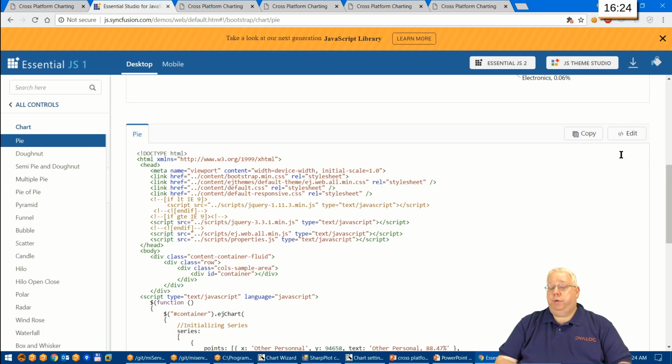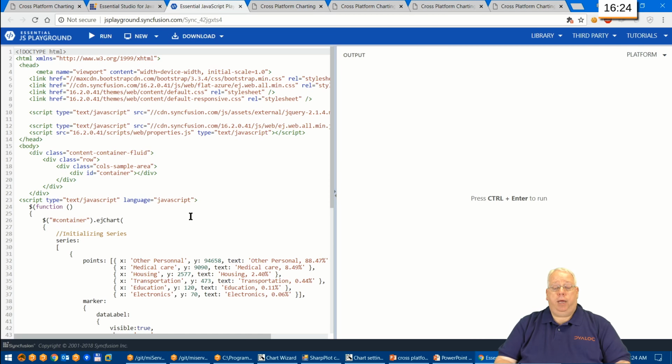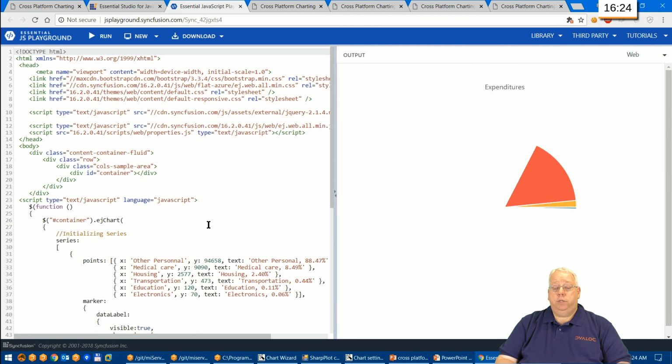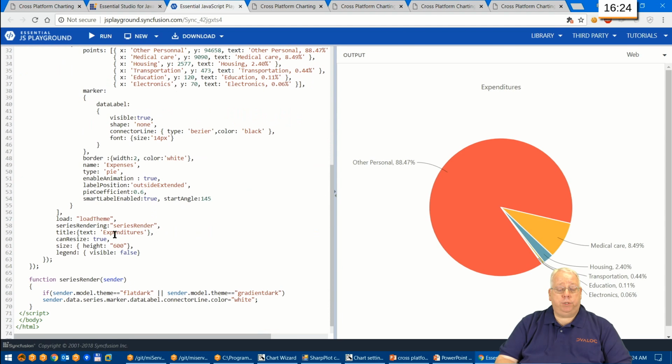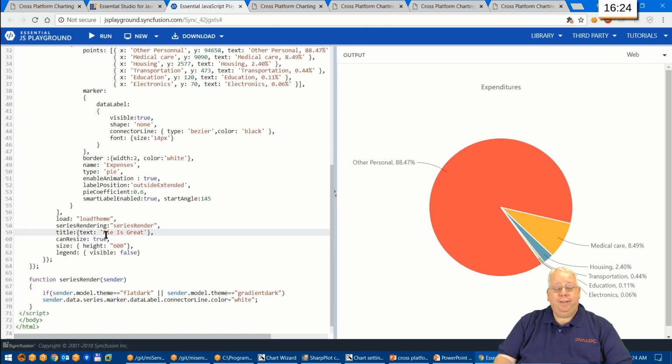One of the nice things that you can do here, similar to the chart wizard in SharpPlot, is you can click edit and you can play with settings. So if I wanted to change the title from expenditures to something else, pie is great, and I've done this every time I've run through this demo. I press enter to execute something, and it changes the edit. But so you can go in and edit things interactively, and see what the change is, and then you can take this code and convert it into